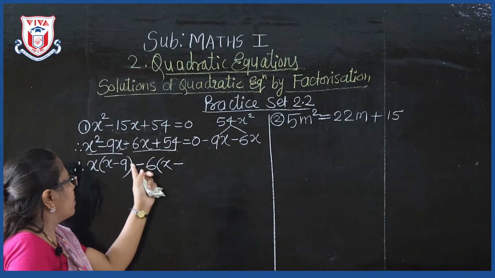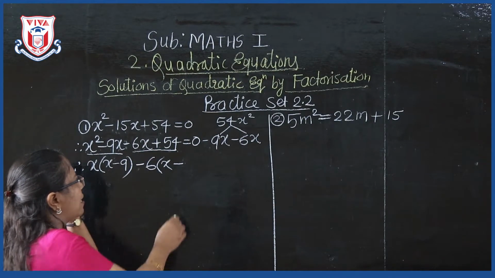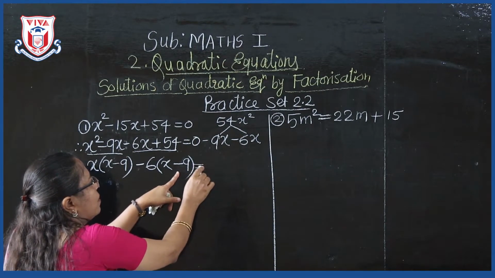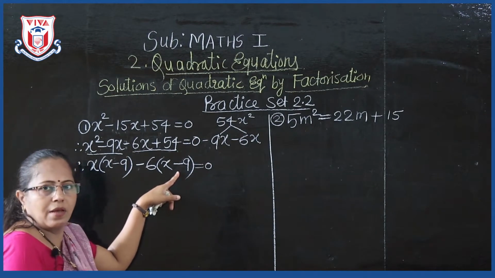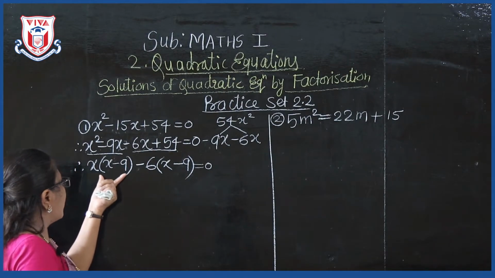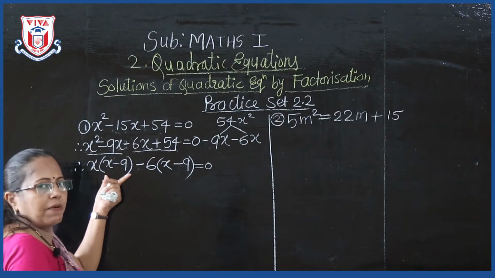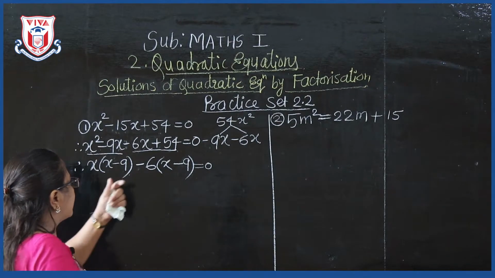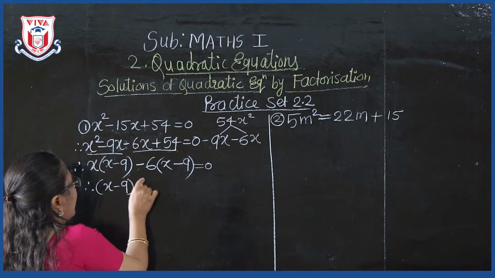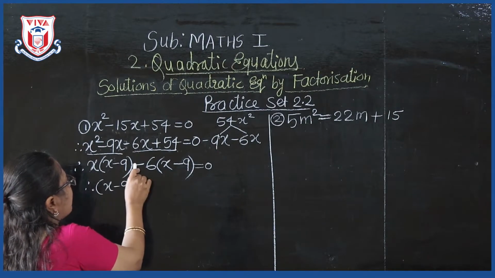Now divide 54 by 6. 6 9s are 54, so here you will get 9 equal to 0. This we studied already in 9th standard. Now here we will get 2 factors. The first factor is x minus 9 and the second factor is x minus 6